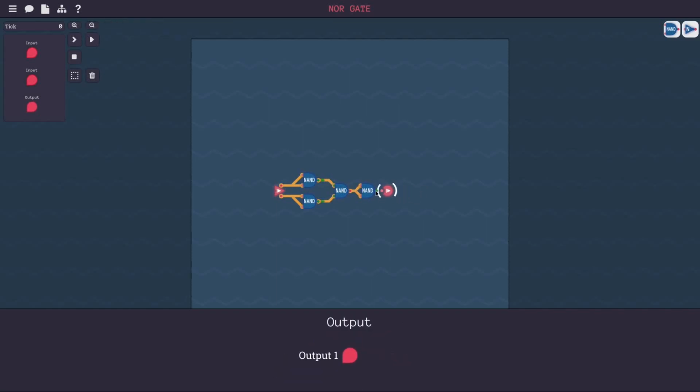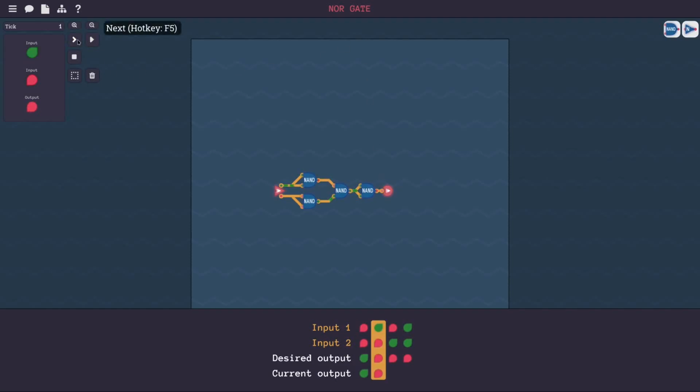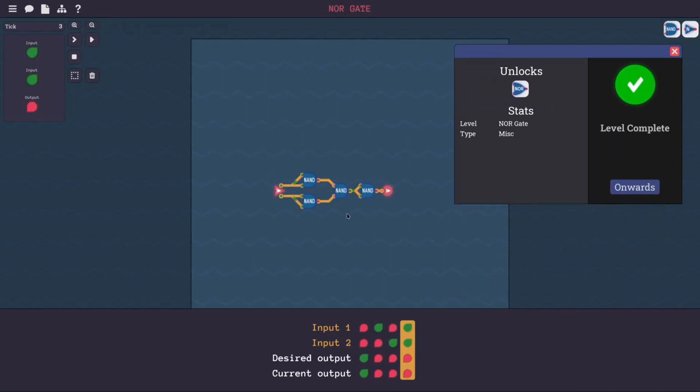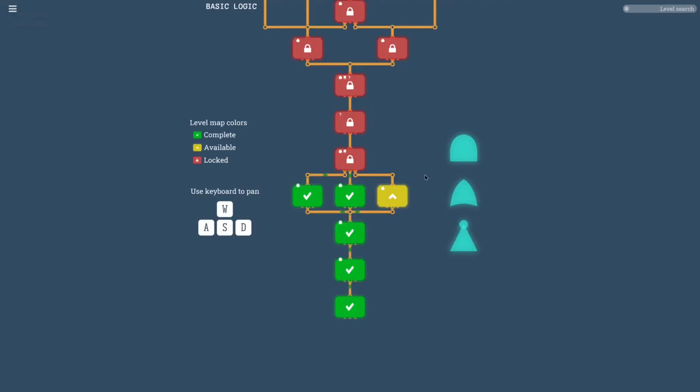Oh, I clicked it too many times. It's fine. Now you see we can make a NOR gate out of only NAND gates. And as we move on to the last of the fundamental logic blocks,